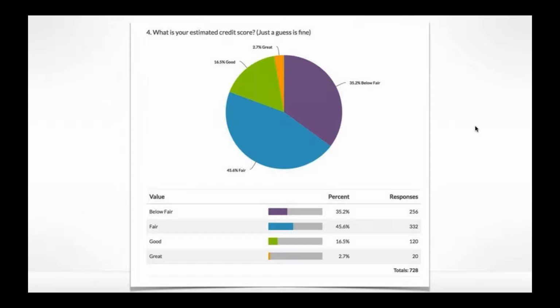When you take this data and you overlay those 2 points, Survey Gizmo has a tool where you can look at the individual responses of people and you can pull it up by response. So we looked at the people that said that they were in market ready to go right now, and the majority of those people rated their credit as good. So the people that are ready to go right now to buy a home are the ones that are saying that they have good credit. And that's because they've done a little bit of research. They've probably been online, used a tool to go out and find what their credit is.